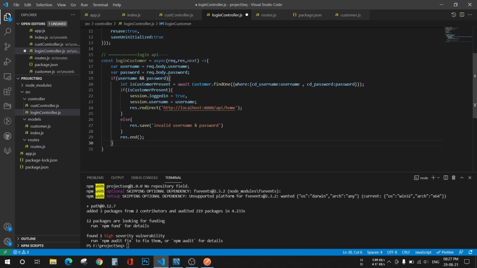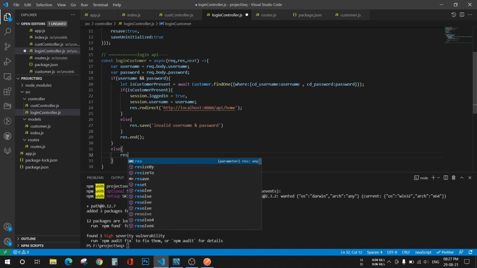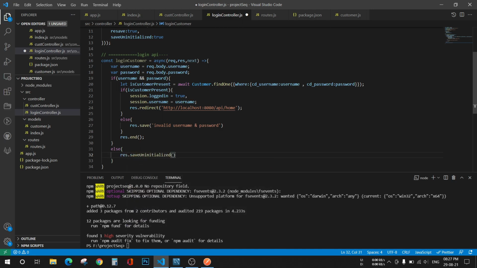If this condition is not satisfied, if the user has not added any username or password, then we will give a simple message saying please enter username and password.